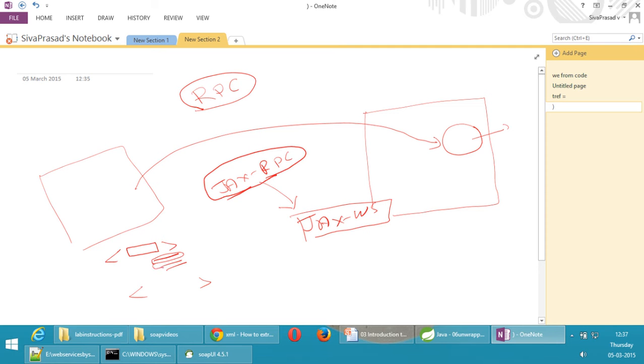This is what the XML looked like in JAX-RPC. In RPC style web services, the tag name identifies the method name to be invoked, and the child elements of this root tag represent the method arguments. These are the XMLs that were exchanged.